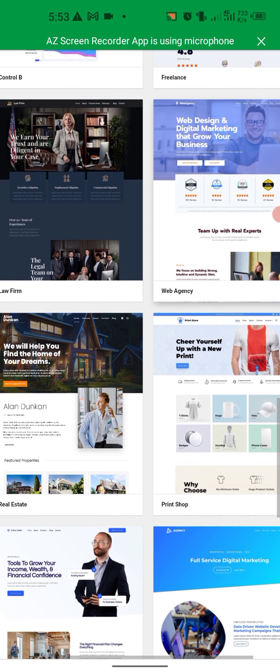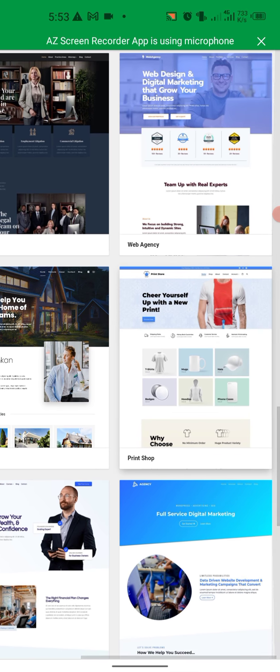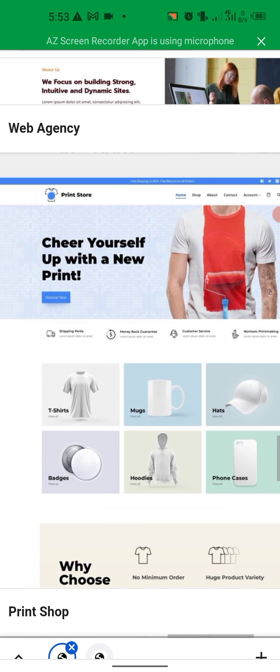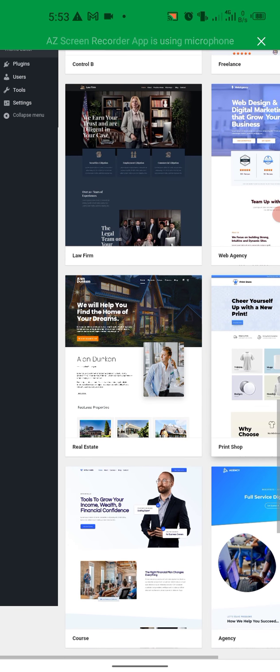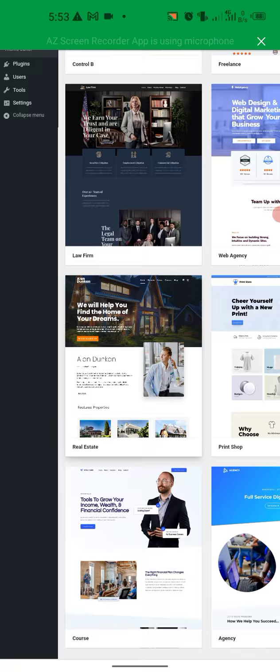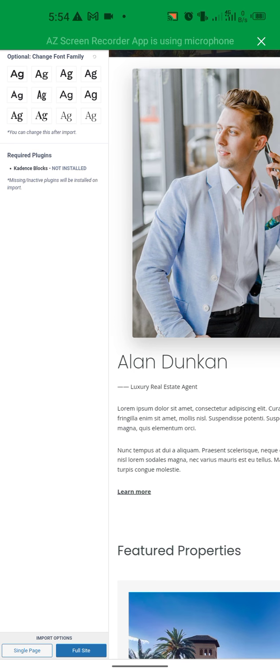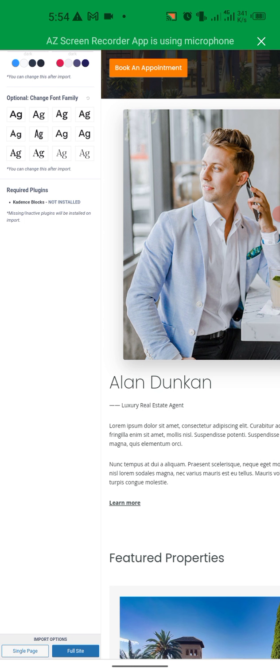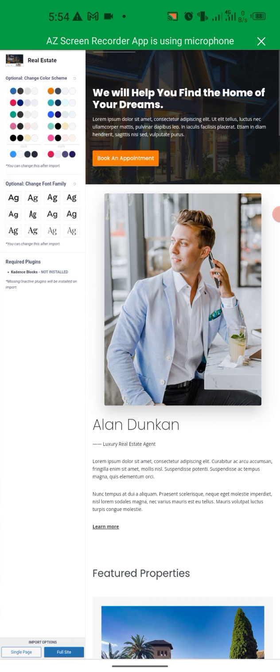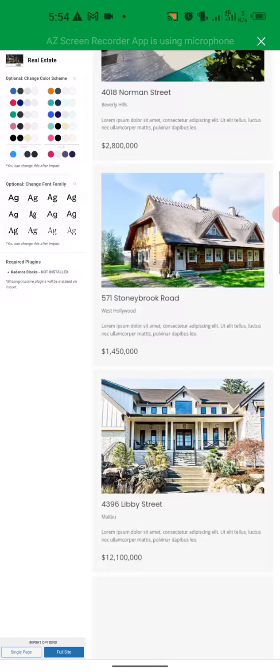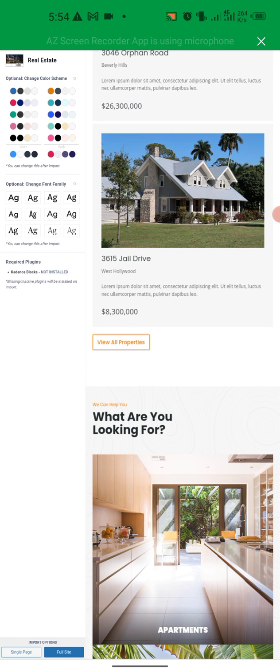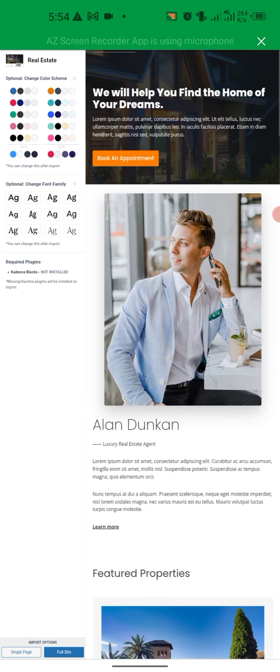Okay, this, an e-commerce website. Okay, I'm just going to go with this real estate. Let me just go with this real estate and install. So if you click on this, it's going to bring out the template, showing you how it looks like. This is what you are opting for. And the beautiful thing again about it is that it gives you